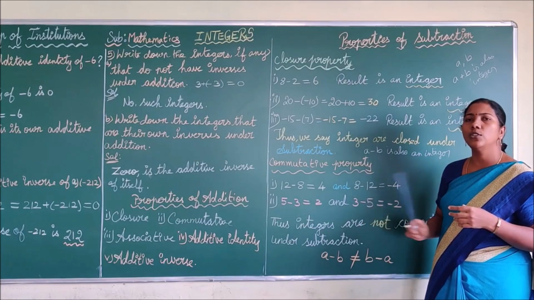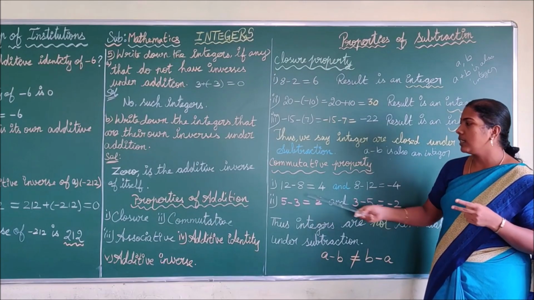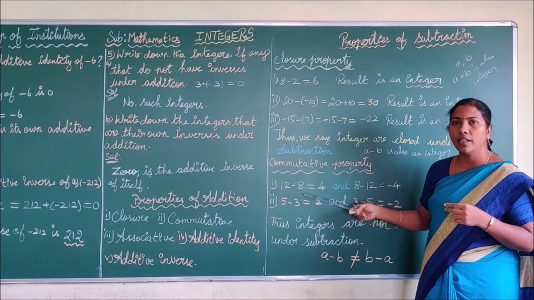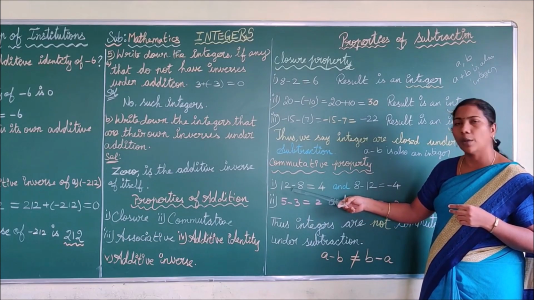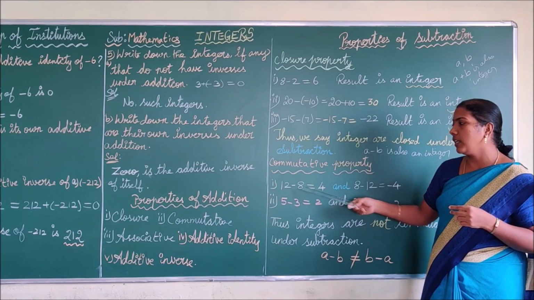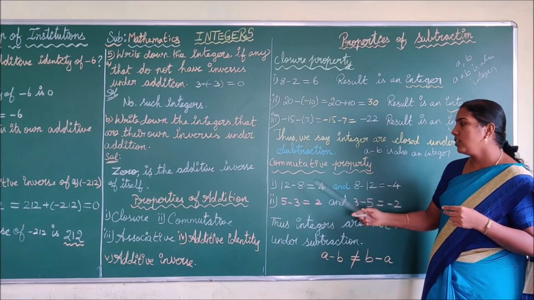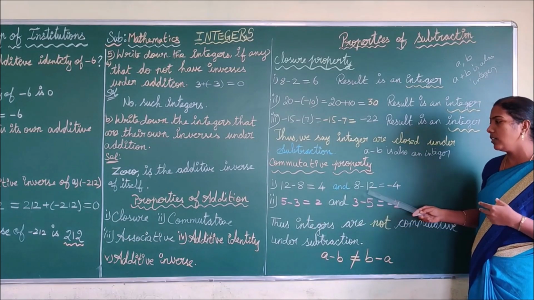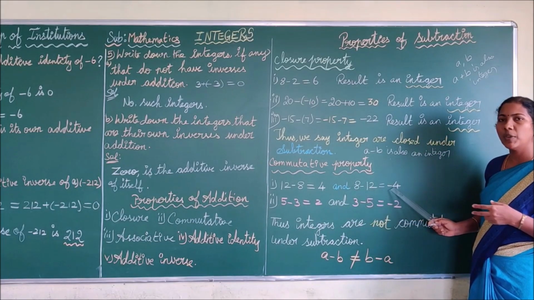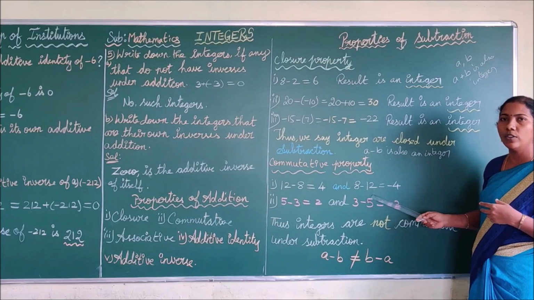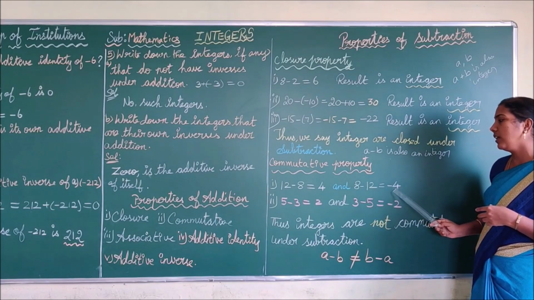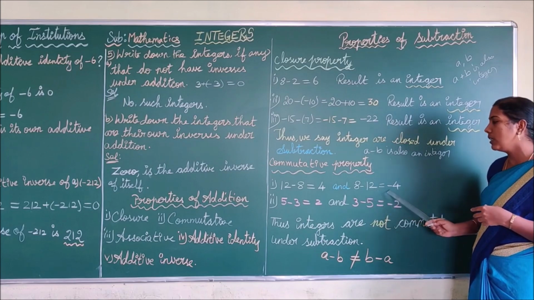Next we are going to see the commutative property. Commutative property means you have to take two elements. Consider this example. What are the two integers we are taking? 12 and 8. We are applying the operation subtraction here. 12 minus 8 is 4. Now we are changing the order of subtraction. First we are writing 8 and then writing 12. What is the answer? As per rule 2, if the given integers are different, you have to subtract the smaller number from the bigger number and the result takes the symbol of the larger number. So the answer is minus 4.